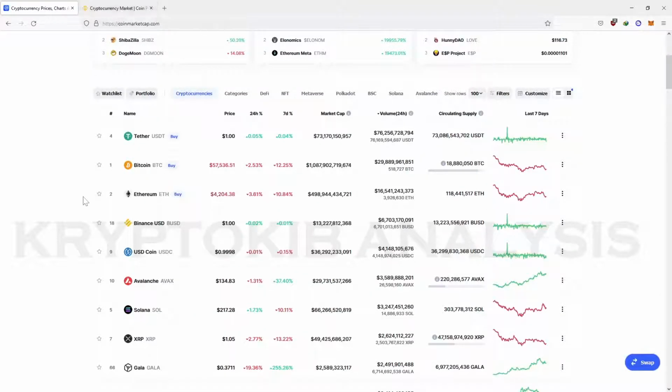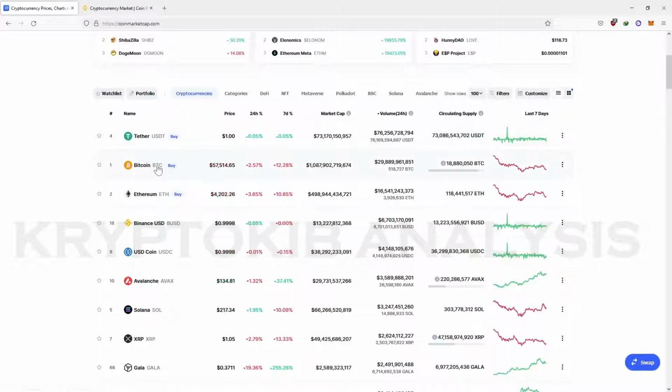So while you can use these two platforms to show the coins that have high volumes within the past 24 hours, it has a little disadvantage, and that is that what trends today may not trend tomorrow, and what trends tomorrow may not trend the day after, and what trended yesterday may not trend today. So you want to see consistency in volume from previous days, and this is where